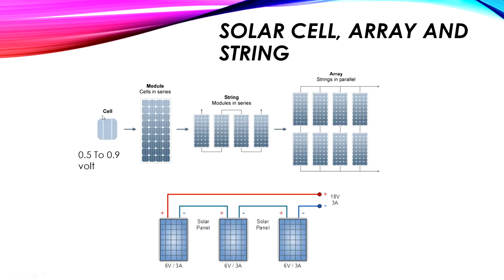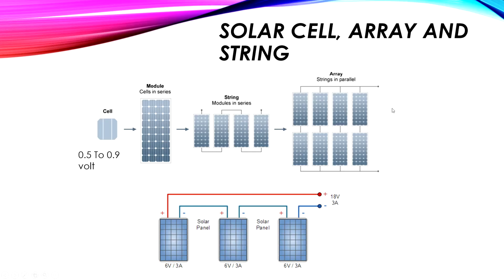Now a group of cells like this one, all of these cells in series, forms something which is called a module. Now a group of modules in series will produce something which is called a string. So the cell is the smallest component in our PV system. The module consists of a group of cells in series. Then the string consists of a group of modules also in series. Now the array, which is the biggest thing in our PV system, consists of a group of strings